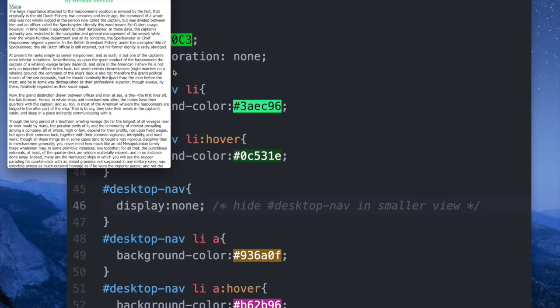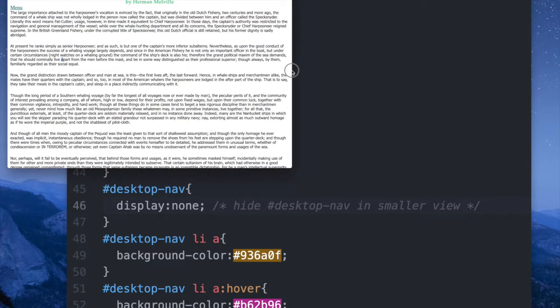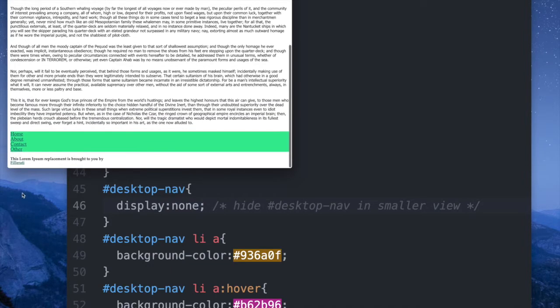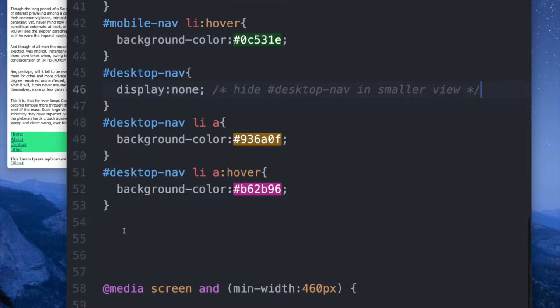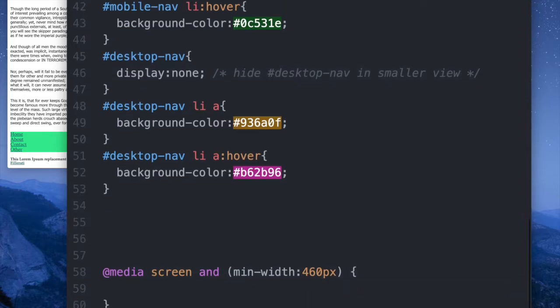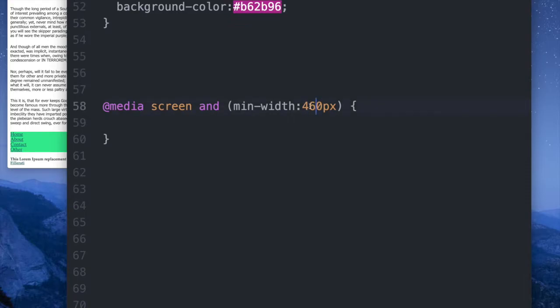Now, whenever the screen gets wider, I want it to appear, and I want menu and mobile nav to go away. Right? You could have mobile nav continue to stay, but I'm going to show you how to make it go away. All right, so in our media query, I'm going to hit enter so it's easier to see for you guys. Instead of 460, let's do 768. That's kind of a long wait before the navigation changes, but this is just so it's easier to see the change. Okay, so we need, there we go. We need